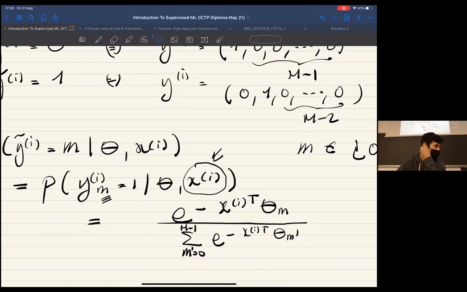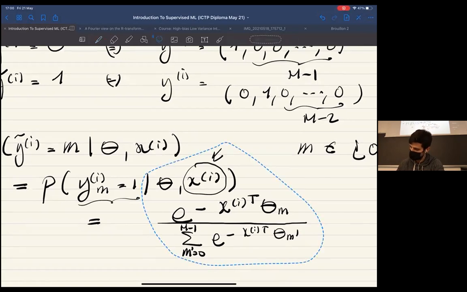No, but I said it orally. When I write this, implicitly this means that all the other components are equal to 0. This means component M equal to 1 and the other components are equal to 0. If you want me to write it one time explicitly,